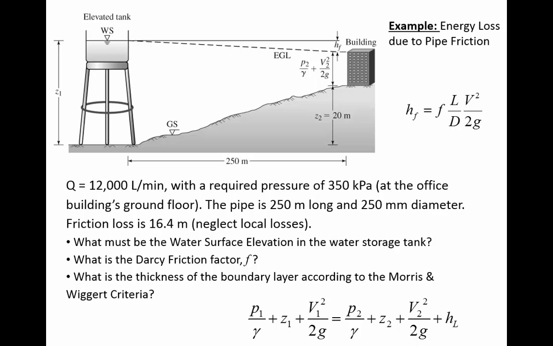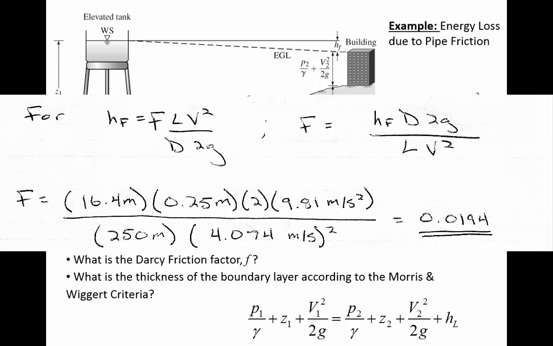Okay, so the next step is calculating the Darcy friction factor. And this is really just a gimmick at this point in the example, because you'll never calculate the friction factor from a given h sub f. It'll always be the other way around. But that's just to get some experience implementing the equation. So if you rearrange the Darcy-Weisbach equation to solve for f, rather than to solve for hf, then substitute in all the values, you end up with a roughness of